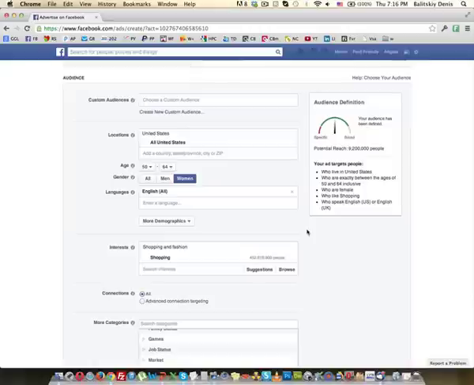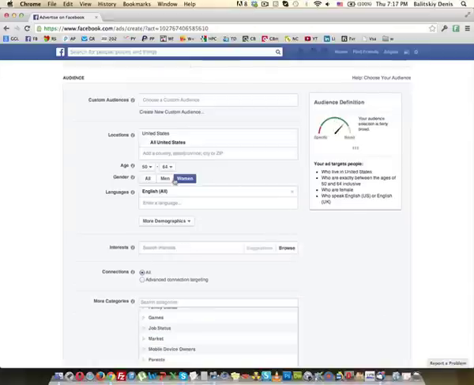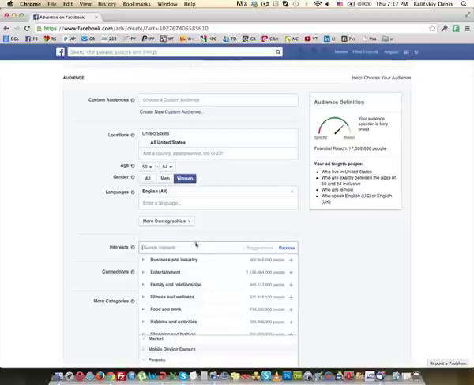Now, let me give you another example. There's a lot of people that may say, well, Dennis, okay, let's say the dating niche, okay? In the dating niche, I would go to a ground zero. This is a term you need to understand and you need to know. Ground zero or latitude zero is something that has to do with a very precise interest that will give you the understanding if this offer is converting. Now, if we're talking about the dating niche, what I would do is actually I would go to men 30 to 40, 40 to 50, 50 plus, and I would go to my ground zero precise interest, which is Match.com.